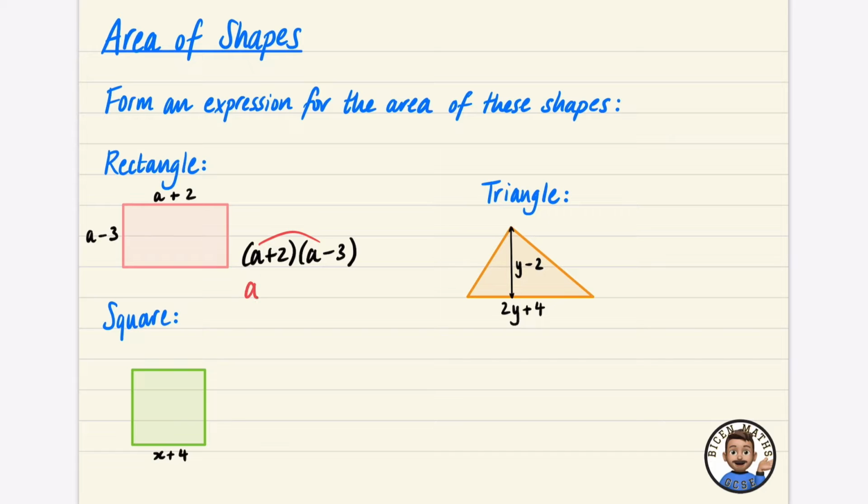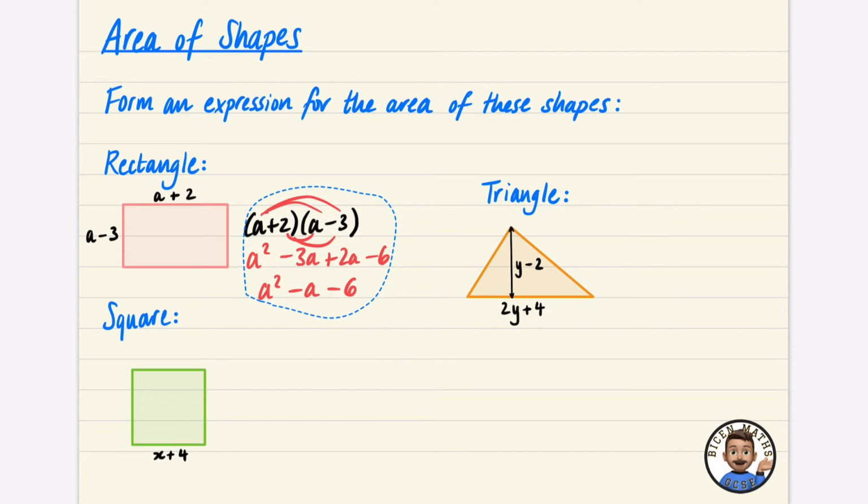a times a is a squared. a times -3 is -3a. 2 times a is 2a, and 2 times -3 is -6. So that's a squared, minus a when you simplify those bits, and -6. Let's just jump this up here so that it has a bit more space. Now technically this is an expression for the area of the shapes, but they might say that they want it in expanded form. This here is an expression for the area of the shape, but this is an equivalent expression